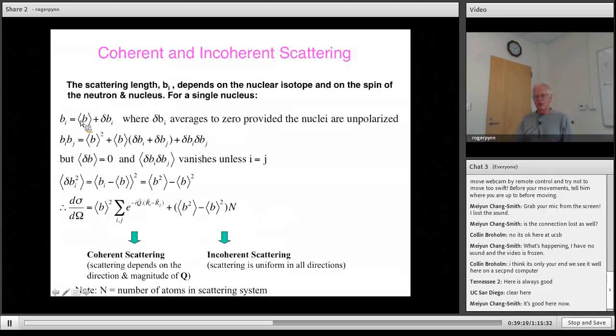In other words, if you have different isotopes, there's an average value for all the isotopes of the nucleus, depending upon their relative abundance, and then there's a bit here which depends upon which isotope you're talking about, and that all is going to appear in this